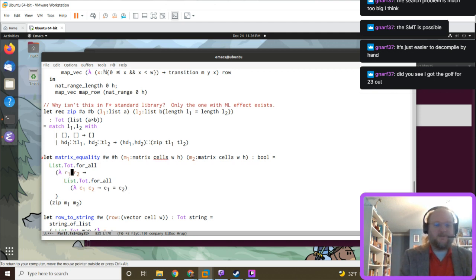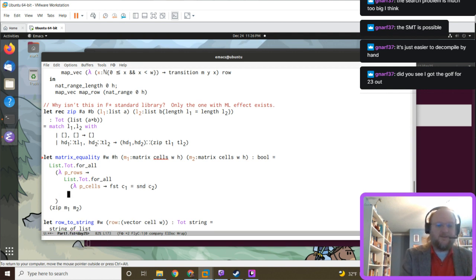Oh, no, there's a pair. So first C1 equals second C1, and we do that on the zip of the first row and the second row in the pair.